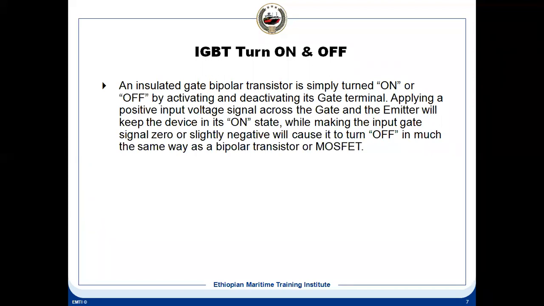An insulated gate bipolar transistor is simply turned on and off by activating or deactivating its gate terminal. That means if you apply a positive input voltage signal,